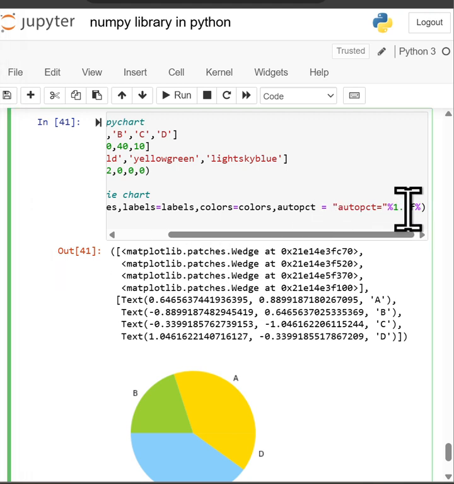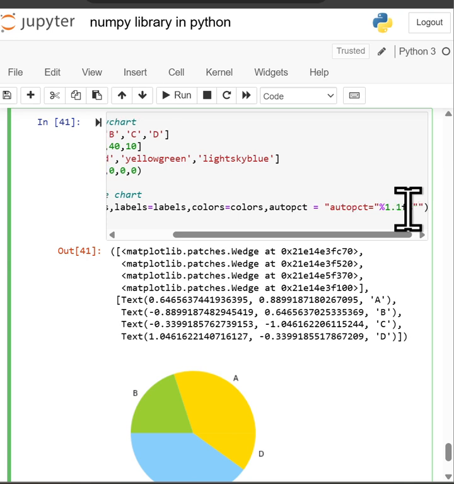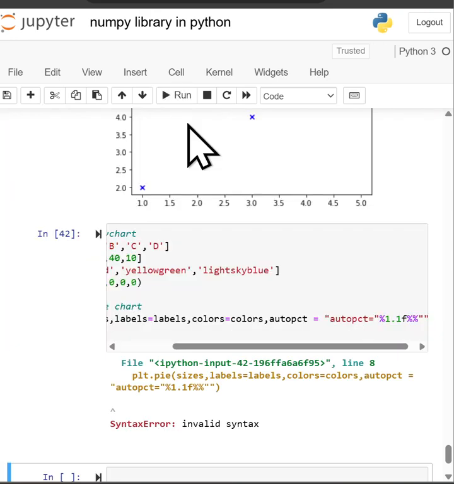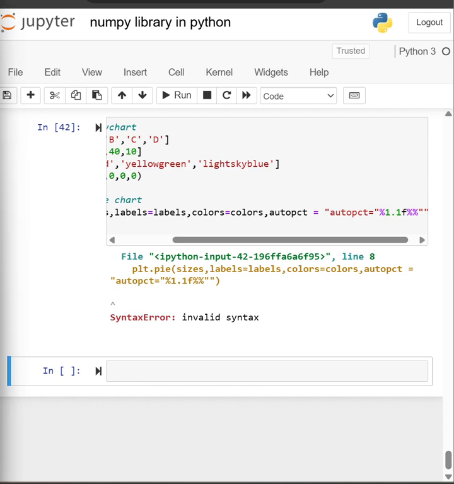So any number of decimals, but at least one digit should be there before the decimal and one digit after the decimal. Okay, and here now if I go ahead and execute it, you'll be able to see the percentages: 20.0, 30.0, 10.0, 40.0. Okay, there is also another parameter which is called shadow. Okay,